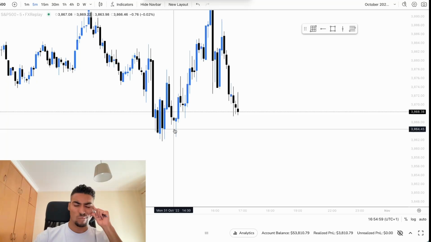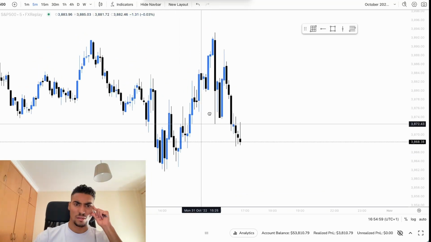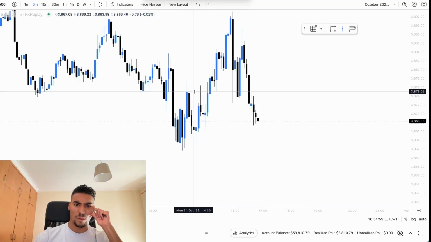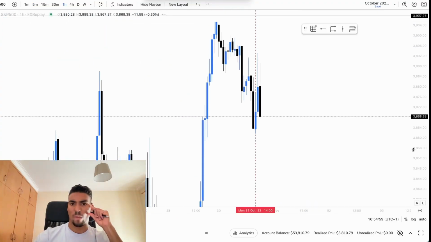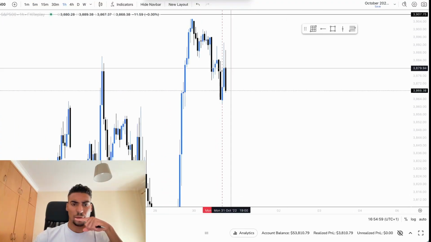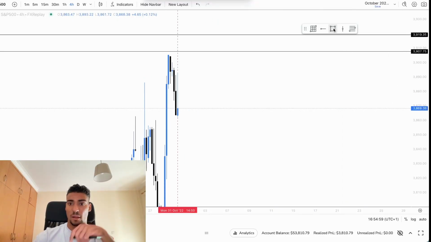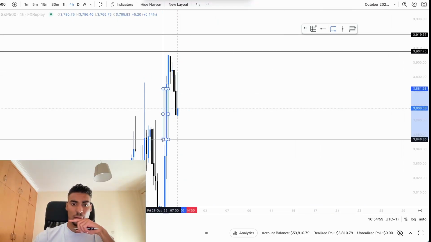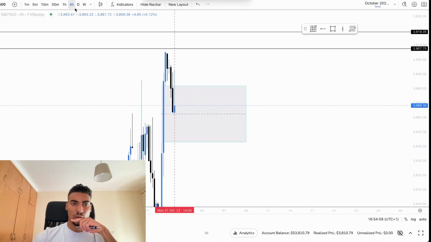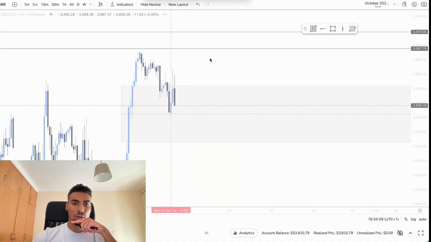Pretty much similar, but a little bit cleaner, so this is a little bit better for me. I can go through it. We are feeling not a 1 hour gap, but we are feeling this big imbalance, this big 4 hour gap right here. Boom. We are filling it right away to equilibrium.